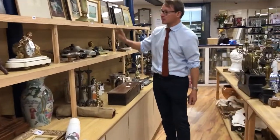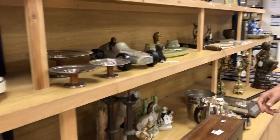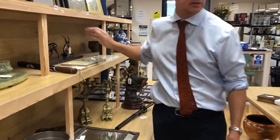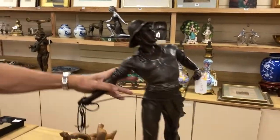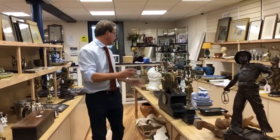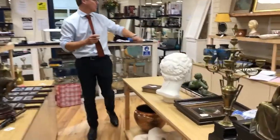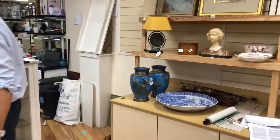Lots of interesting decorative bits and pieces from these sort of deco style dishes, lot 336, running through to some of a run of sort of deco bronzes, including the sort of Lady and Borzoi over there, the fisherman here right at the front, in a sort of bronze spelter he is lot number 293. There's clock sets, there's plaster heads, we've got Crown Derby ceramics, we have Cloisonne vases, we've got a whole selection